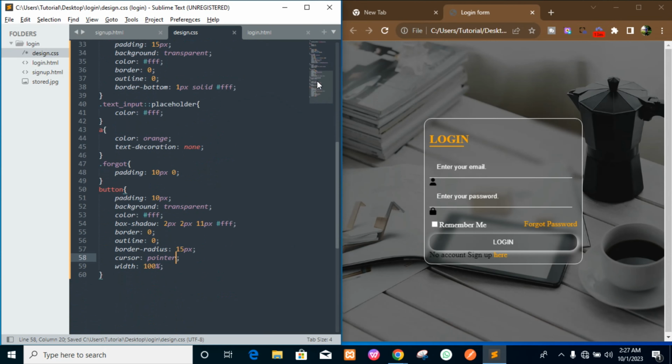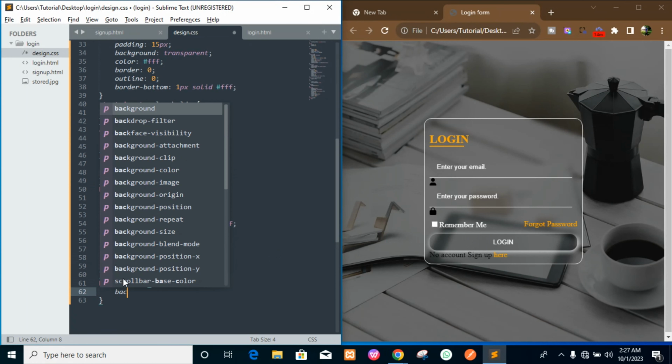Quite exact for that. So the next, let's preview it and see the output. Yeah, I'm having a hand shape now. So when I hover over it, I want it to have a background of white. So let me do that to create a little bit of animation. So background, I want to have the